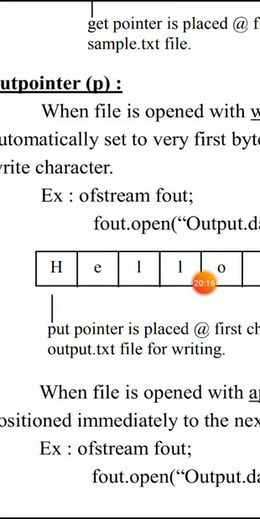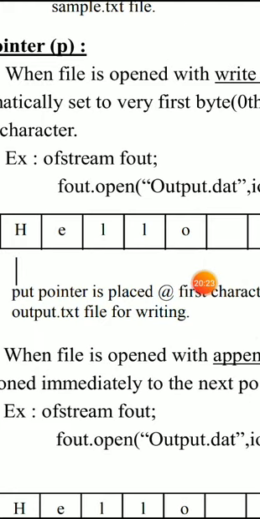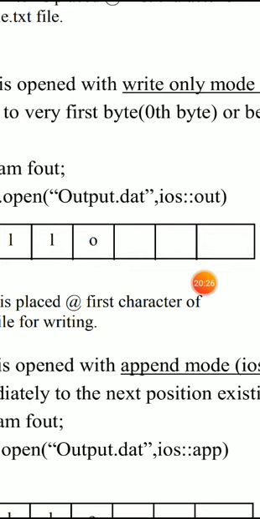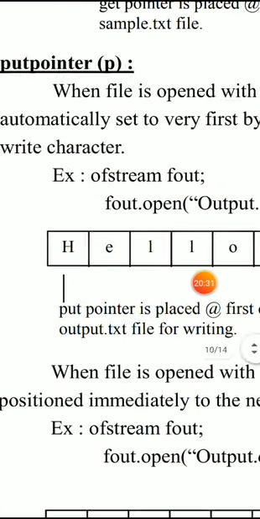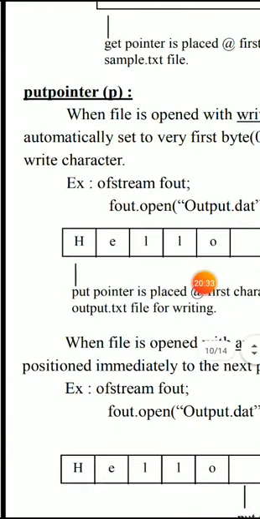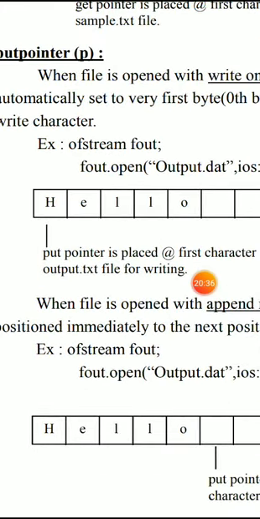In order to open a file in a writing mode, we can make use of an ofstream object. So we have to create the ofstream object. Through the ofstream object, we can open the file called output.dat for writing purposes by specifying the write mode, that is ios::out. The put pointer will place the cursor when the compiler detects that the user has opened a file for writing purposes. Automatically it will place the put pointer at the first memory location of the file, from where the user can start writing the first character of the respective file.